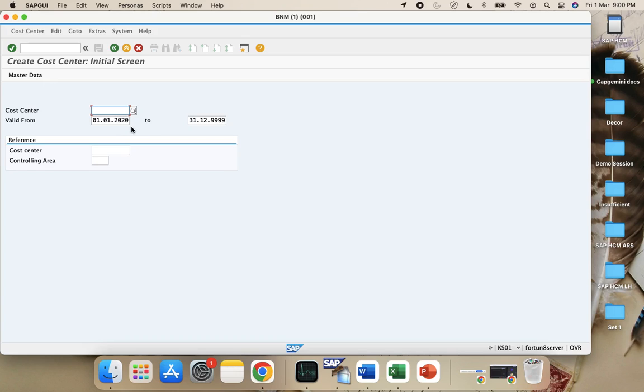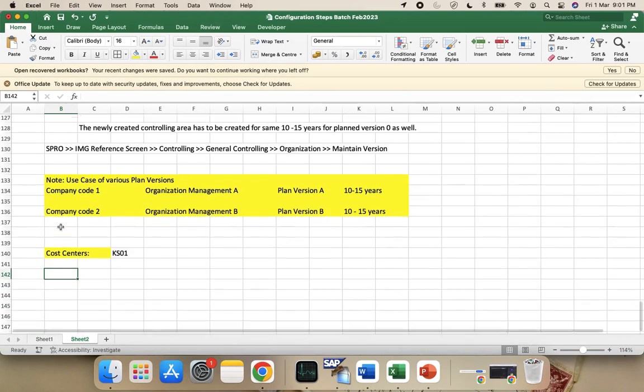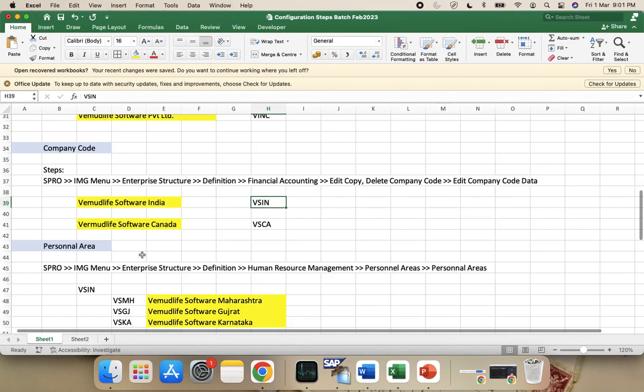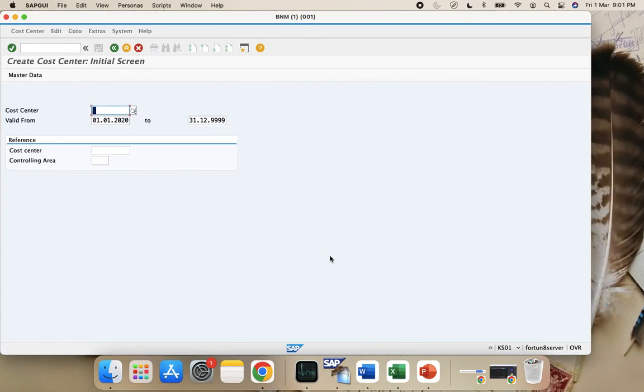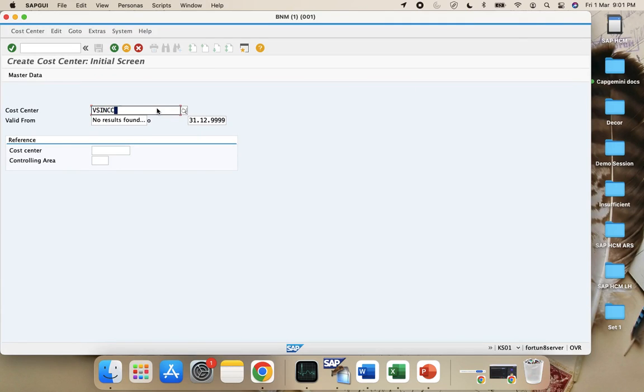So what is our company name? VSIN. VSIN cost center for, let's say, Maharashtra. So all the positions that I'm having in Maharashtra,